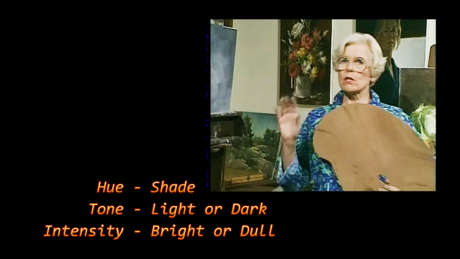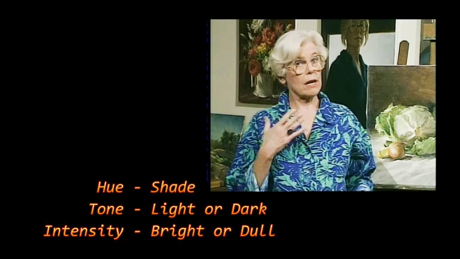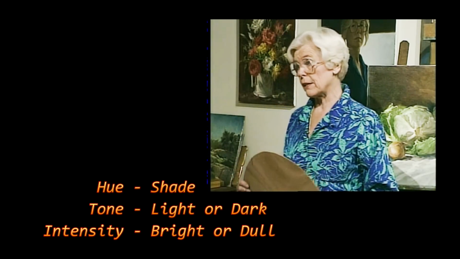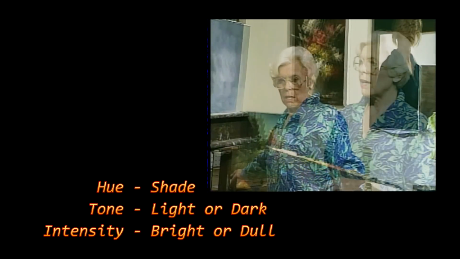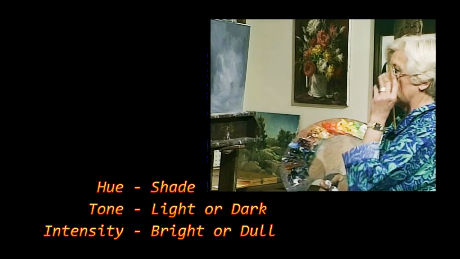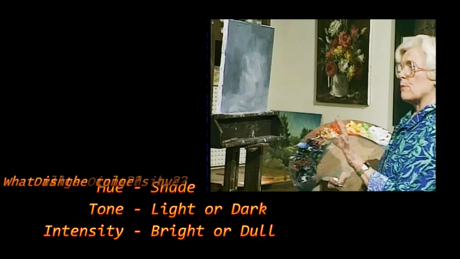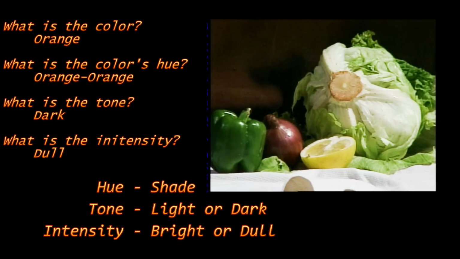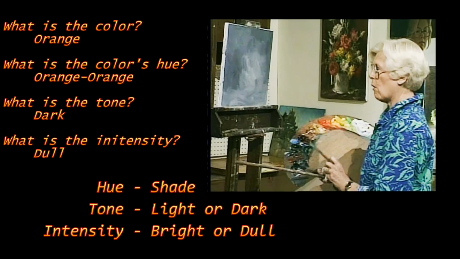Now, those are the 3 properties of color: the hue, the tone, and the intensity. These are the questions I ask myself before I start to actually aim to a mixture. So here's my palette. Let's consider the color of the background for this picture. It has to be one of the 6: yellow, orange, or red, violet, blue, or green. I can't call it rust because rust is not a color of the spectrum. It's a version of orange, more orange than anything else.